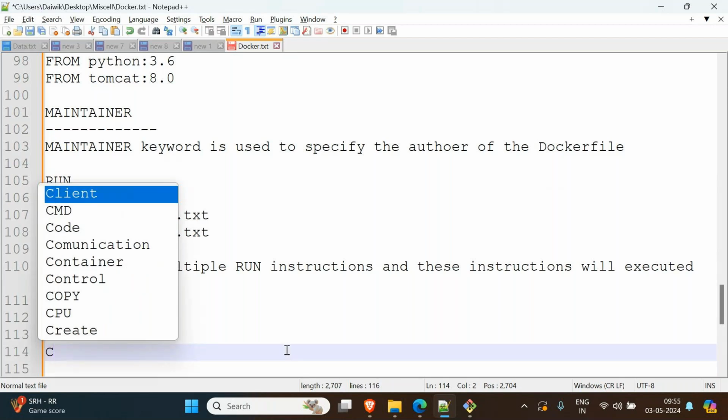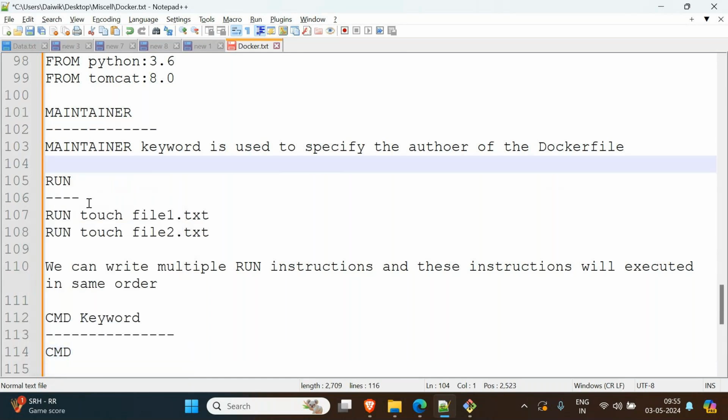Now the next command is like the RUN command, but this will be executed only one time. So this RUN command will be executed when your image is created. At the time the image is created, it will be executed. That